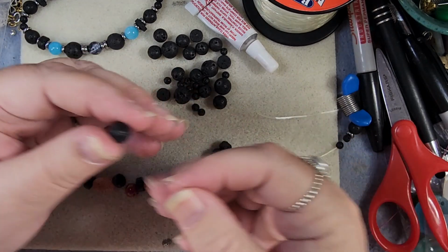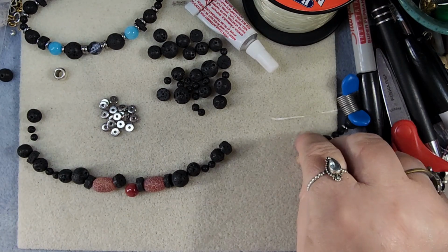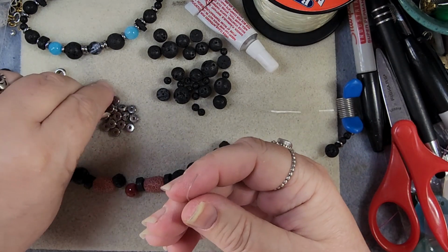Excuse my sniffles. For some reason, I apparently have an allergy acting up. I'm not sure what one, but